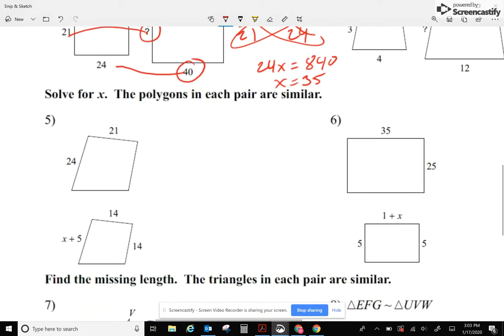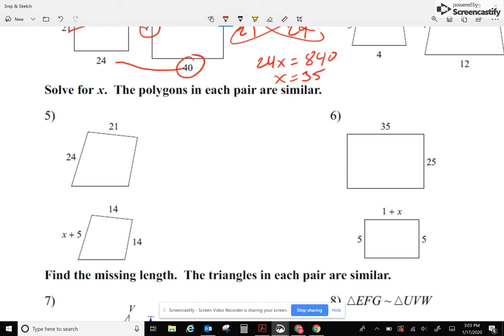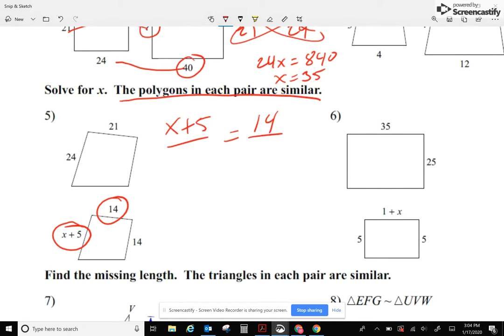Same idea for number 5. The polygons in each pair are similar. So for x, I see where I have an x. I'm going to use this in this other figure. So x plus 5 and 14. I know x plus 5 goes with 24. 14 goes with 21. When I cross multiply this way, because of the plus sign, make sure the 21 you